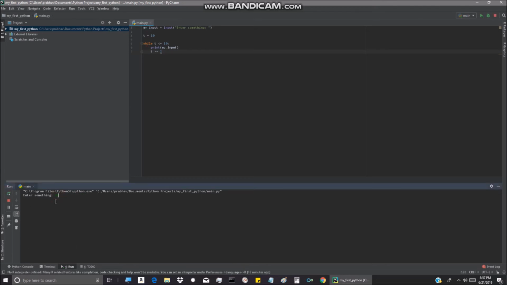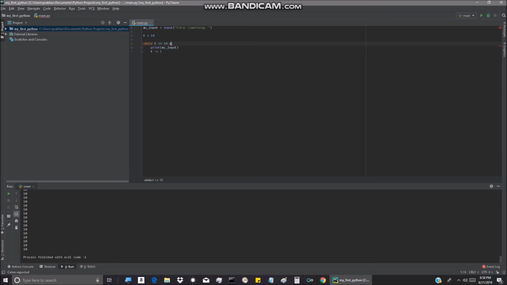Let's enter 10. Oh, that didn't work as expected, not at all. Actually, it did work as expected, sorry about that. While t is less than or equal to 10, it would go to negative infinity, it didn't stop at 0. So what I was going to do is make an AND statement. AND connects two conditional statements, and if both of them are true, it'll run the following command. So while t is less than or equal to 10 and t is greater than or equal to 0,